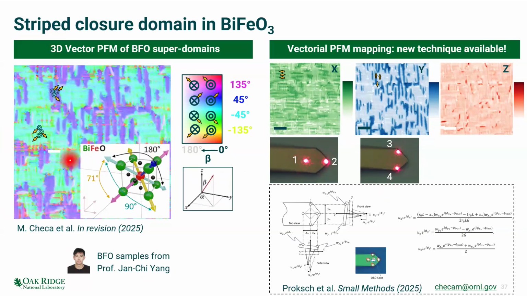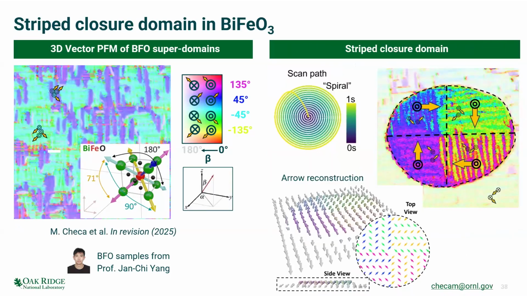In this case, that's the 3D distribution. As you know, in BFO, there are 8 possible polarization states that go along the diagonals of this crystal structure. And when we do one of those spiral scans, in this case of BFO, what we get is